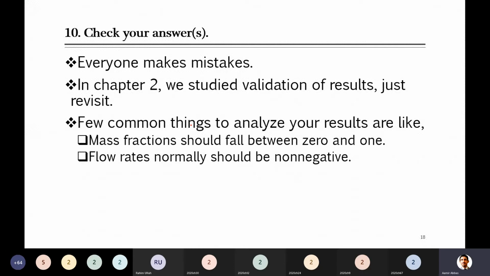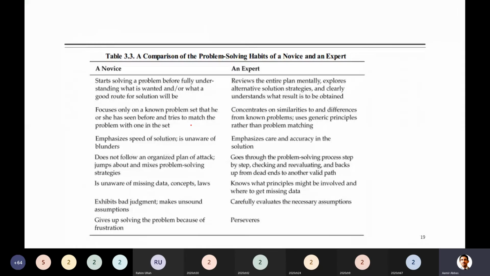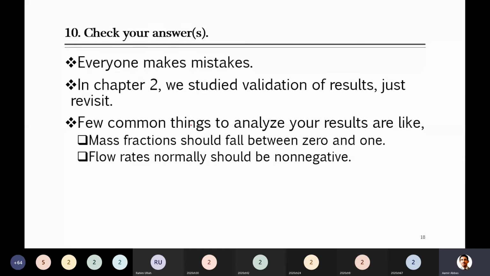For example, I told you that mass remains conserved. Just nuclear systems are the one exception. Leave them, and in all other systems mass remains conserved. For example, 1000 kg enters the system, and if we look at accumulation and outlet, it should be 1000. If there is no accumulation, then mass in will be equal to mass out at the end of the day. So if your answers are not satisfying these things, it means you are making some error somewhere, so you have to look at those things. Up to here, any question? If anyone has any confusion here. All right, no question. Okay, good.